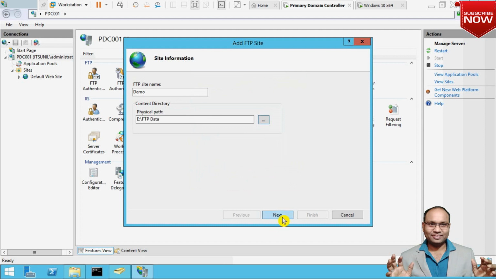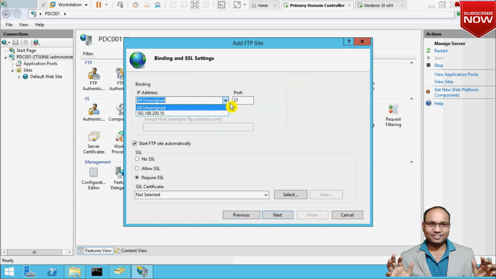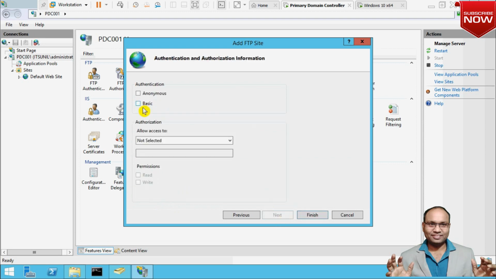Okay, click on next and select the server IP. No SSL. If you have SSL, you can select an SSL certificate. Click next and select Basic, and click on here for specific roles or user groups.